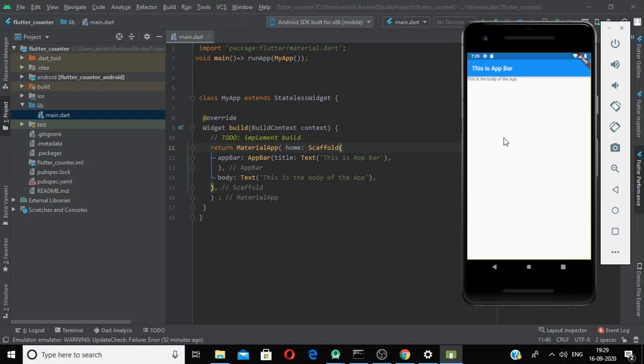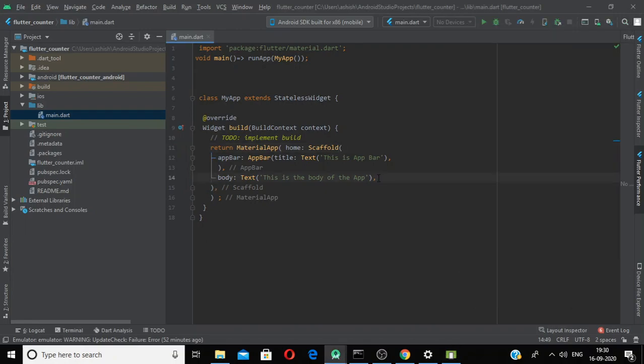So the problem is that inside the scaffold widget, we have the body. Inside the body, we already used one widget, the text widget, and at present we don't have an option to add another text widget, or to use a raised button.